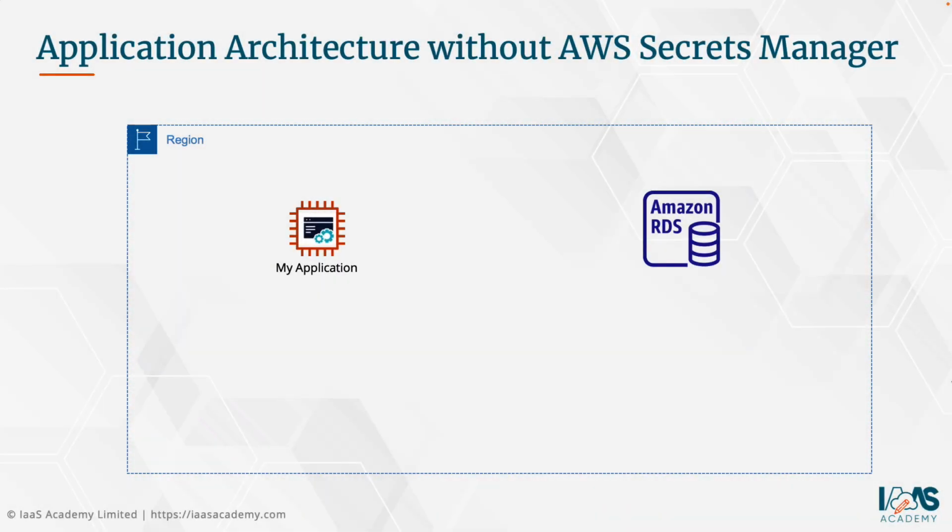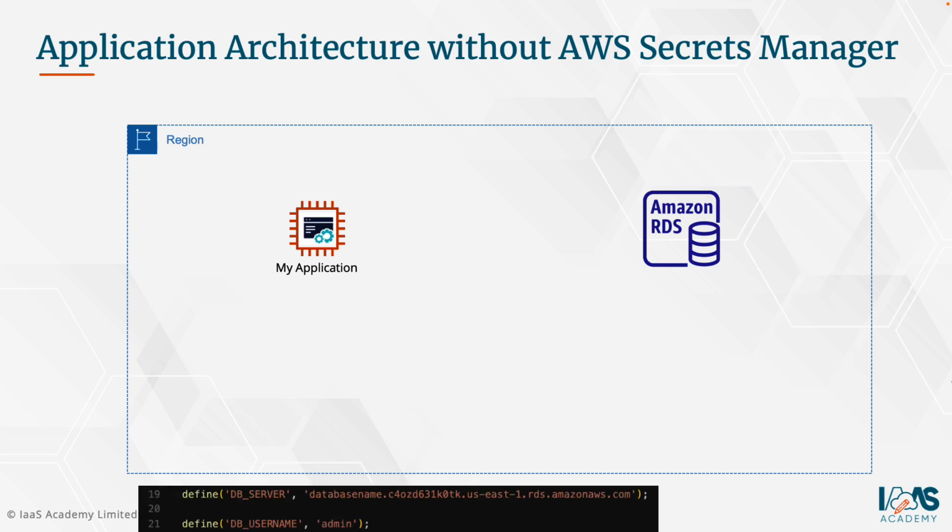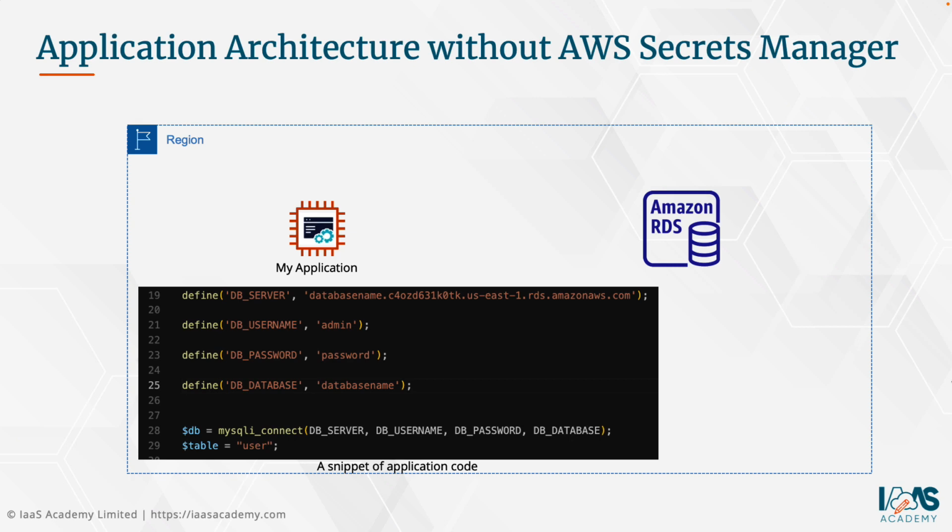And so here's a quick example to illustrate how a typical application may connect to a backend database without using Secrets Manager. Now, full disclaimer here, there are obviously other ways of doing this, but in a very broad sense, the point that I'm trying to illustrate is that often developers tend to be focusing primarily on the application code and the functionality of that application, and may start forgetting about the core security element about how that application connects to backend services. So in this example, if we take a look at a piece of application code,